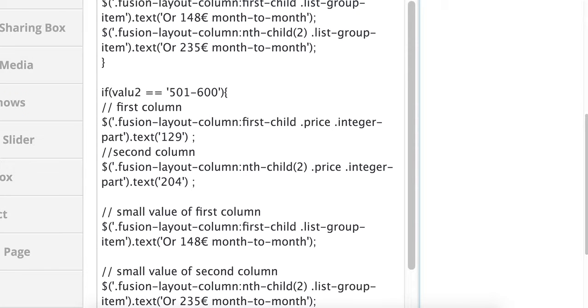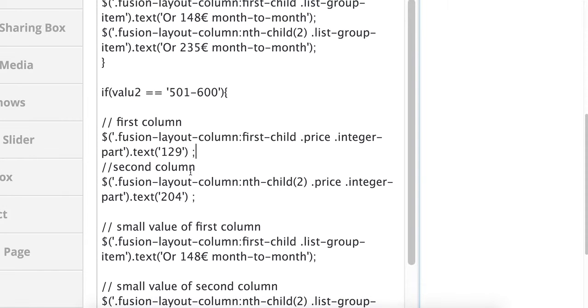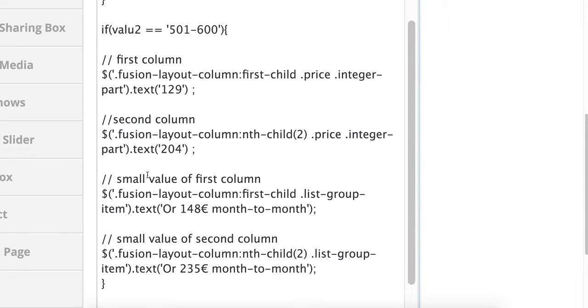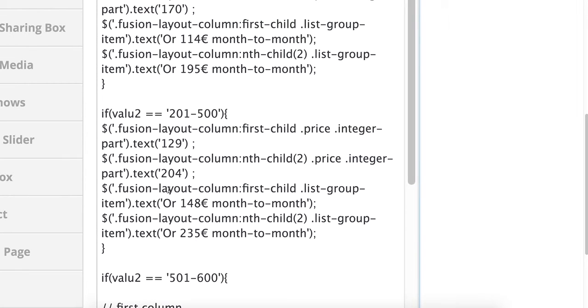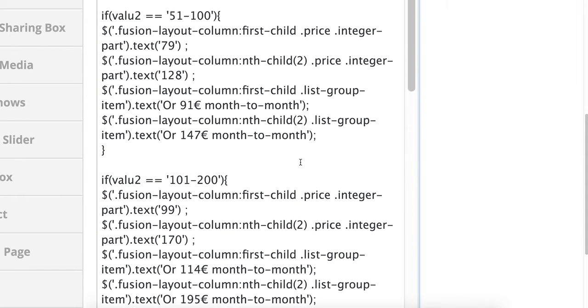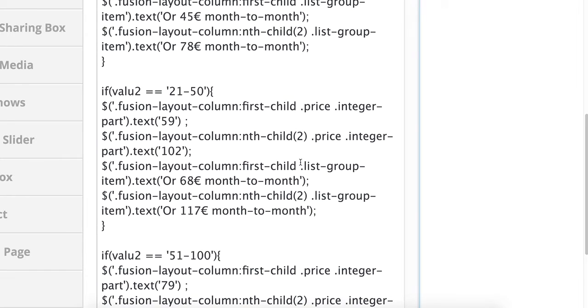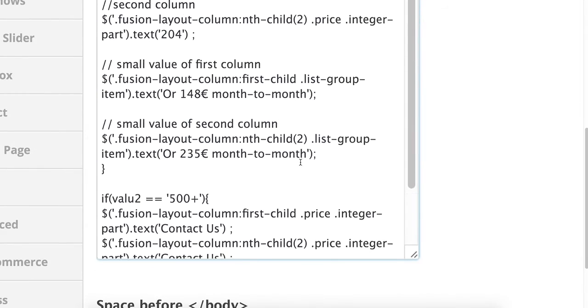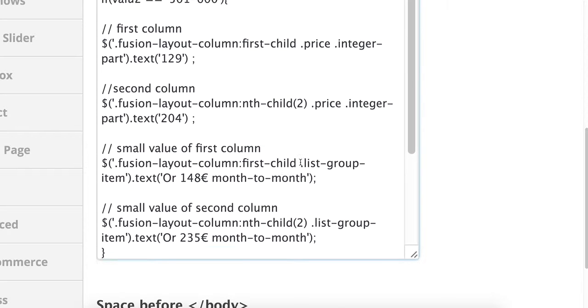Right? So there are 4 lines of code in every block: first, second, third, and fourth. Every code block has these 4 lines. You can identify a line with this semicolon: 1 line, 2 line, 3 line, 4 line. And when you scroll up, you will see this kind of structure. So if we would like to change the value of the first column,